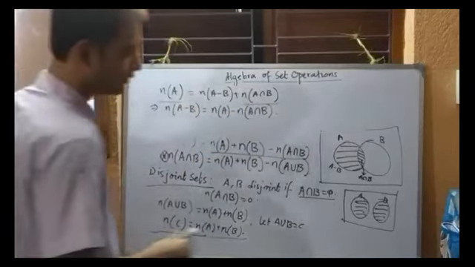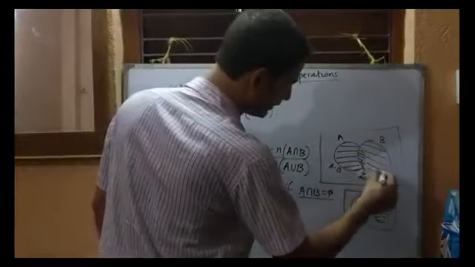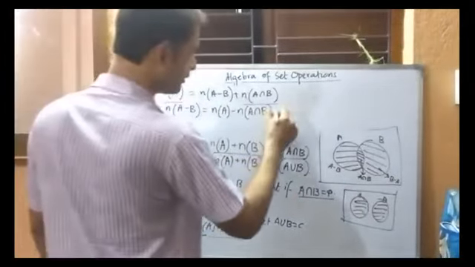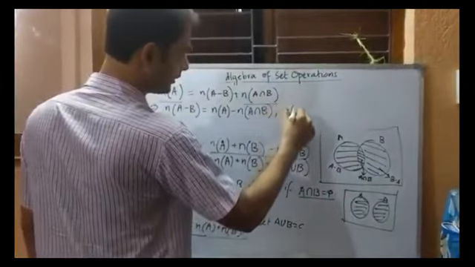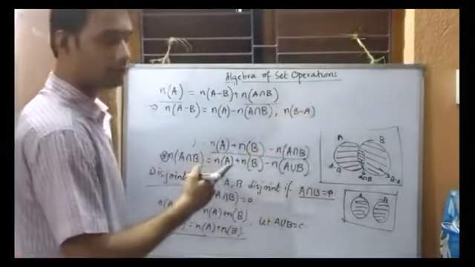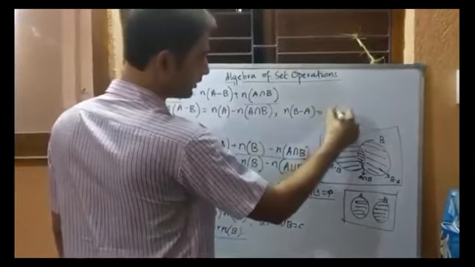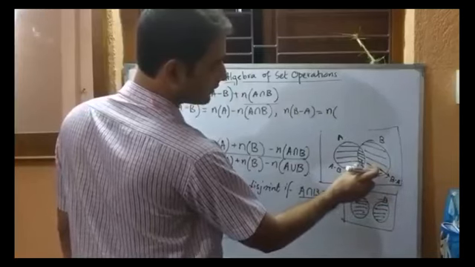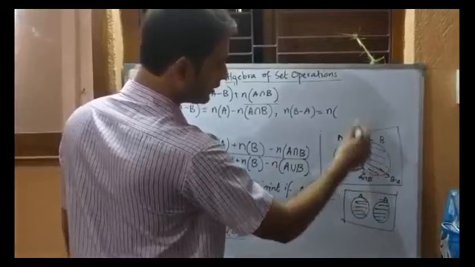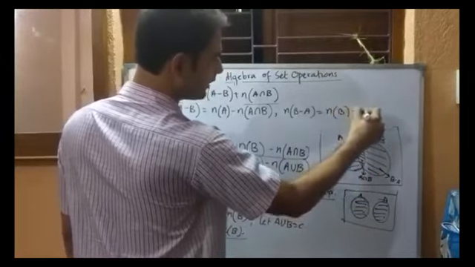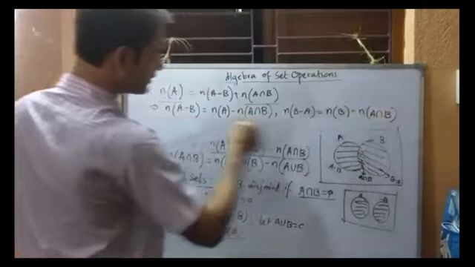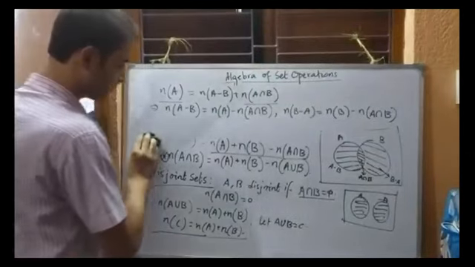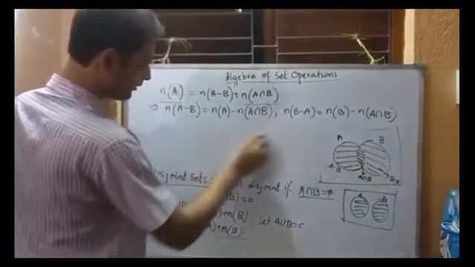So similarly, if we take the set B difference A, then also we can find the number of elements in n of B difference A. And what will be the formula for this? Clearly, we are taking the set B and expressing it as a union of A intersection B and B difference A, which are disjoint. So we can write here, it should be n of B minus n of A intersection B, just in the same way. Okay, so difference of two sets is covered, union and intersections are covered.